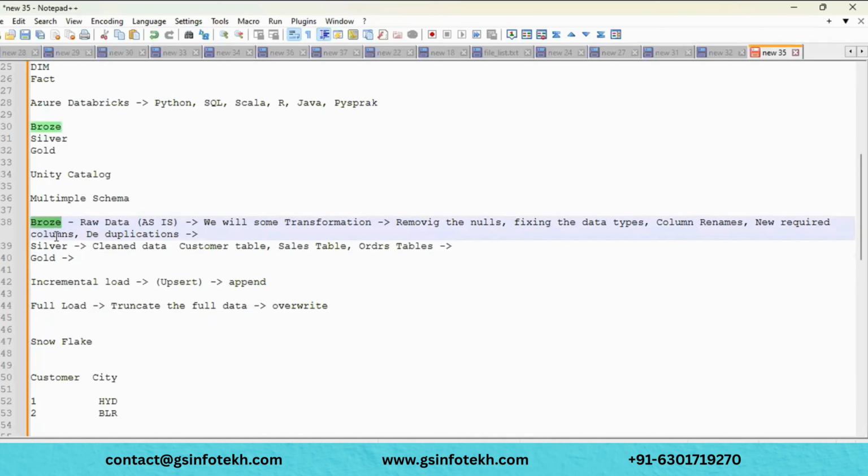Because here we have schemas, and the schema is going to divide that. While you are writing the data, during that time you are going to mention the schema. Then under that schema, the table will be created. Okay, got it, thank you. Under that, you can perform some CRUD operations post creating the table.